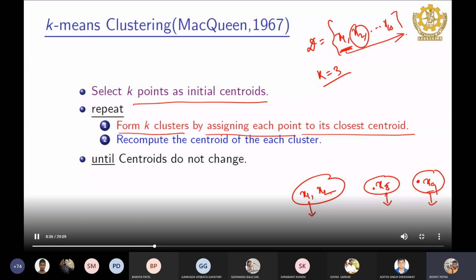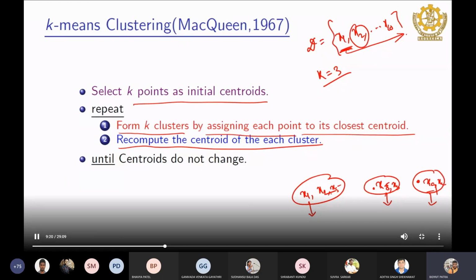Then you move to the point x3. You have to assign each point to one of the 3 clusters. Then you move to the point x4 and you assign the point to the closest cluster. So all 10 points will be assigned to one of the clusters. If there is a tie, you assign arbitrarily to any one of the centroids. Now you move to the next line, that is, recompute the centroid of each cluster. So once you have the points, let's say x1, x2, x3, here you got x5, here you got x10 and so on, all 10 points are assigned to one of the clusters.